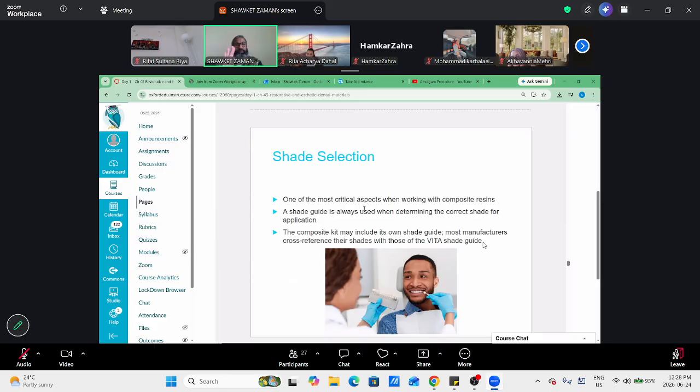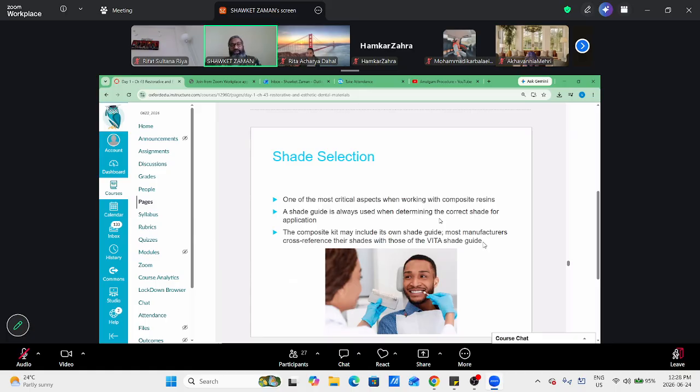As long as the number goes higher, that means the tooth is darker. We know that normally tooth color is white, but some people's teeth are yellowish white, and some people's teeth are a little bit dark or deeper. That's why one of the most critical aspects when working with composite is the shade selection. Always remember that the shade selection has to be determined before we start the work. So when the patient comes for composite filling, before we prepare the tooth cavity, we have to go for